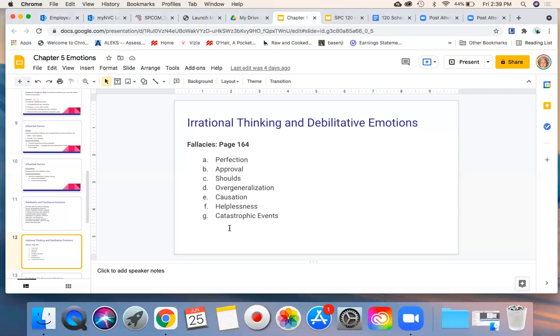So this happens when they operate on the assumption that if something bad can possibly happen, it will. An example would be, if I invite them to the party, they probably won't come. I know catastrophic makes it seem really big compared to the example, but that's just the name of the fallacy. It's just that if something can go wrong, it will go wrong. So again, when we can bring more awareness to these fallacies, we can have a lot less misery, because we can bring our awareness to these emotions.